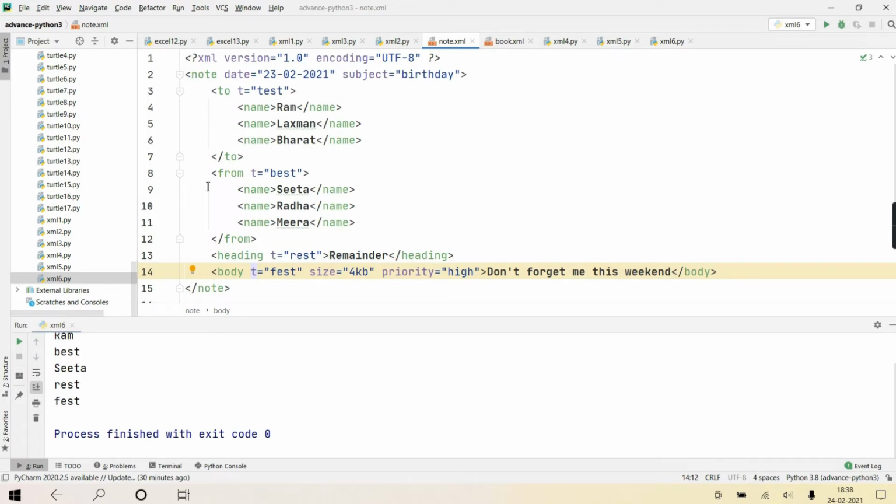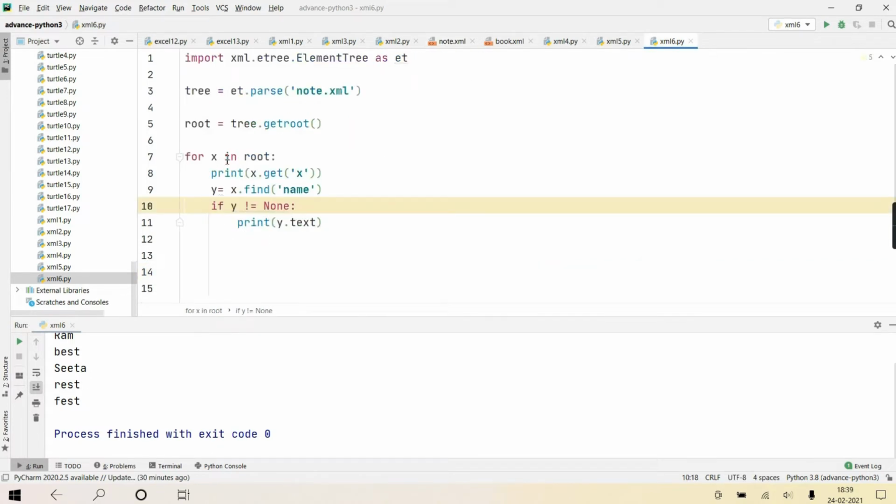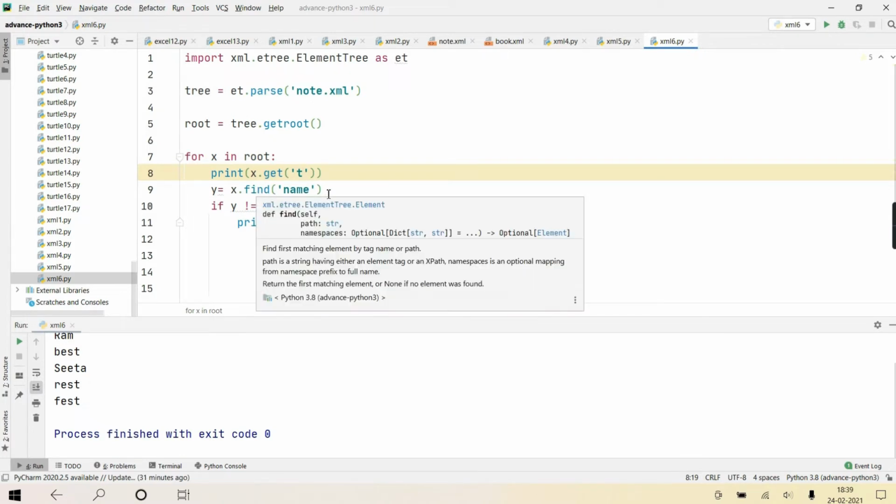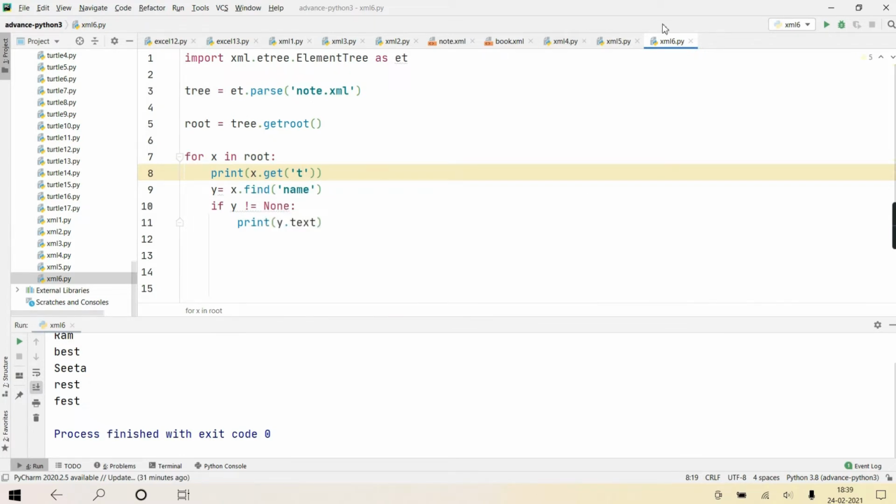Then I access every child, and every child's t attribute in this program. And then every child's first child with the tag name. Understand this line clearly: it is not returning the first child, it is returning the first child with the tag name.